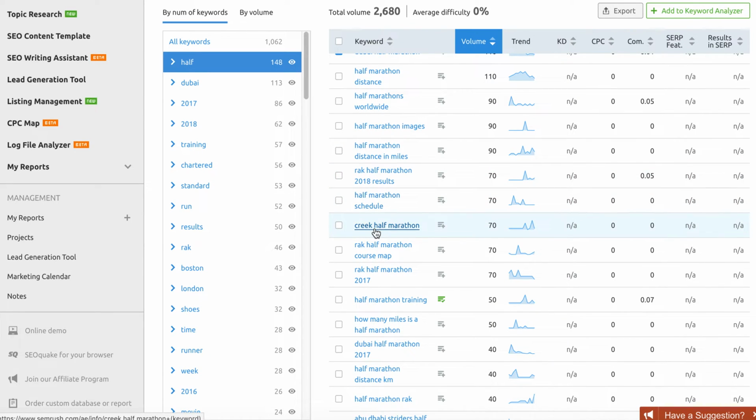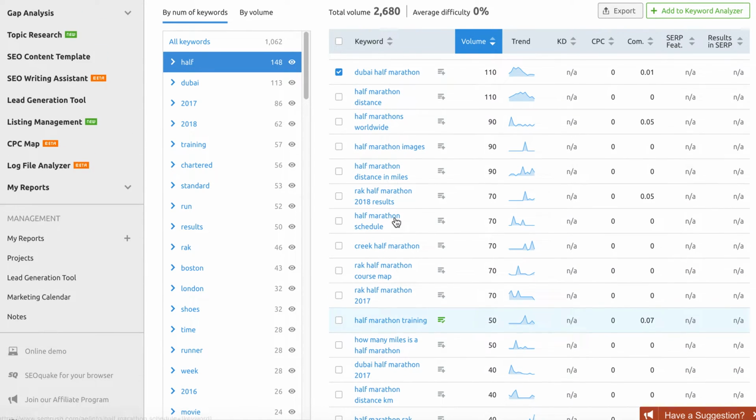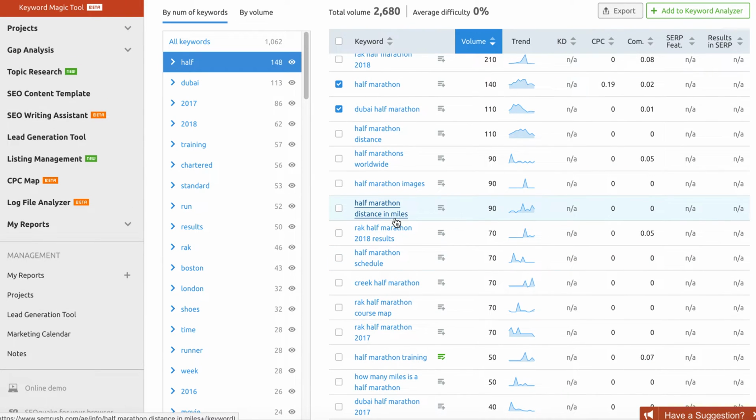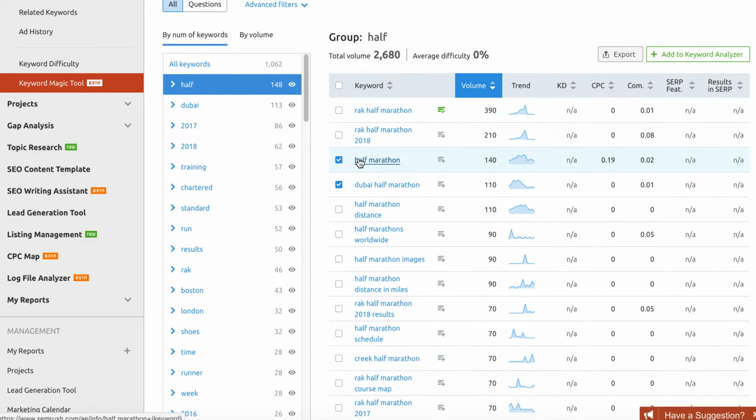So the Rack one, the Creek one. So that's Abu Dhabi Striders half marathon, which is the one we just did. So that's probably worth thinking about, maybe for the blog post type stuff. But for now, we'll just put in a couple. So selected, yeah.